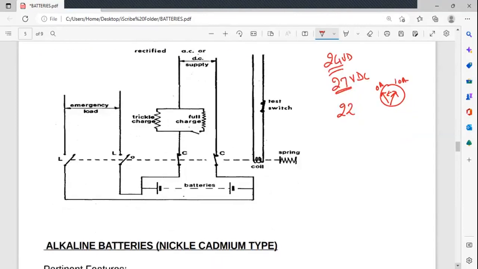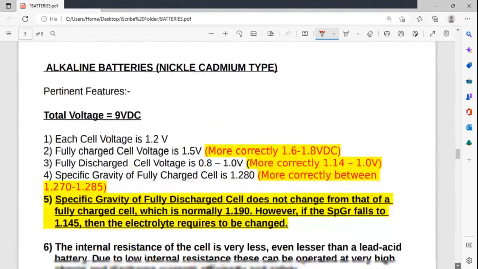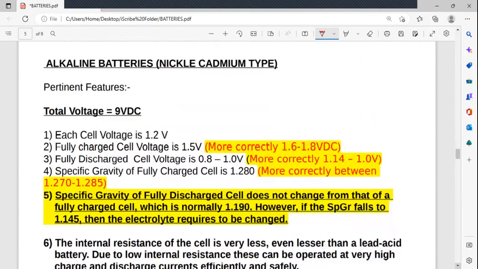Right. So that was your charging and discharging process using that particular circuit. Now we come to the alkaline batteries. The nickel cadmium batteries on board ship, if ever they are used. Generally, whenever you join a ship, you may or may not, and mostly you may not find these on board. We will come to the advantages, disadvantages, and why generally alkaline batteries of the wet cell type are not used